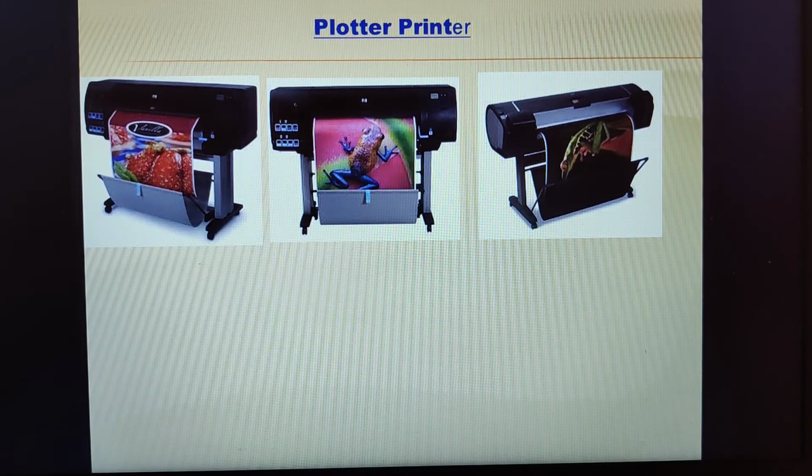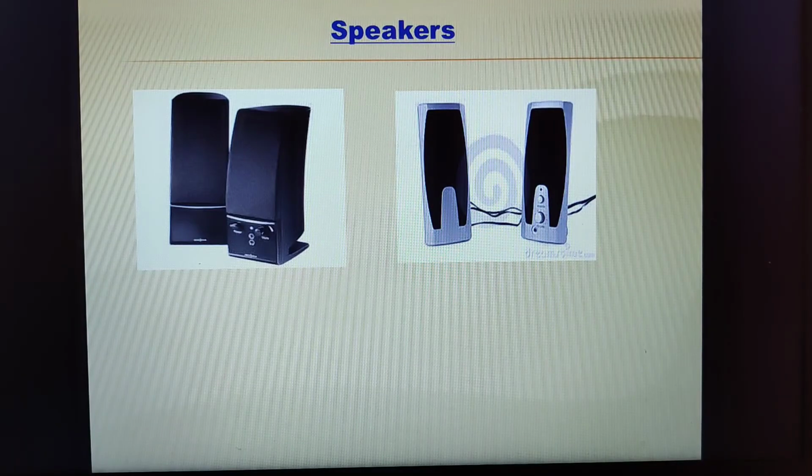Now we shall discuss another output device, that is the speakers. Now these speakers, as we know, are one of the output devices. Whatever input you are giving, whether the input is in the form of analog or digital signals, it will get converted into audible frequency. What is this audible frequency? Audible frequency is nothing but the range where humans are able to hear the sound. So in a certain frequency range the sound signals will be, and that is what audible frequency is.